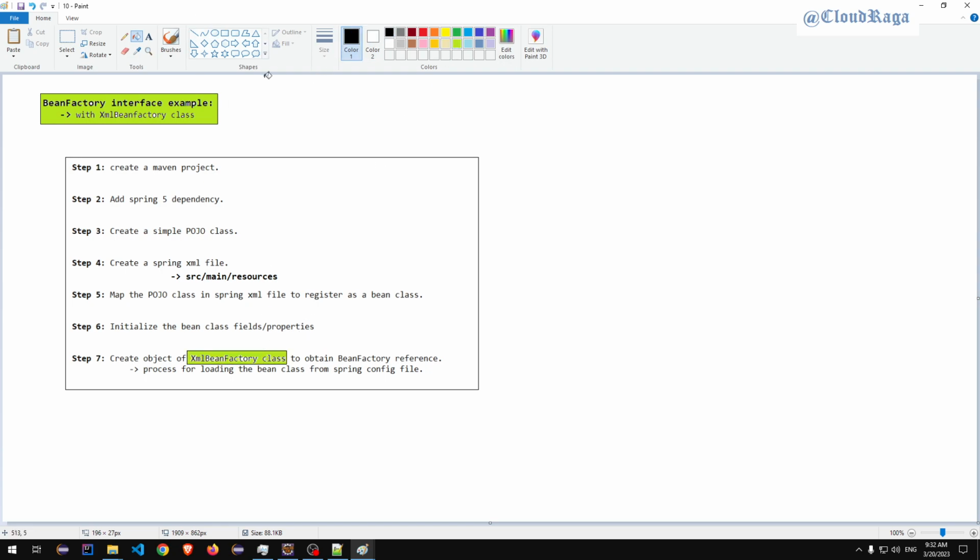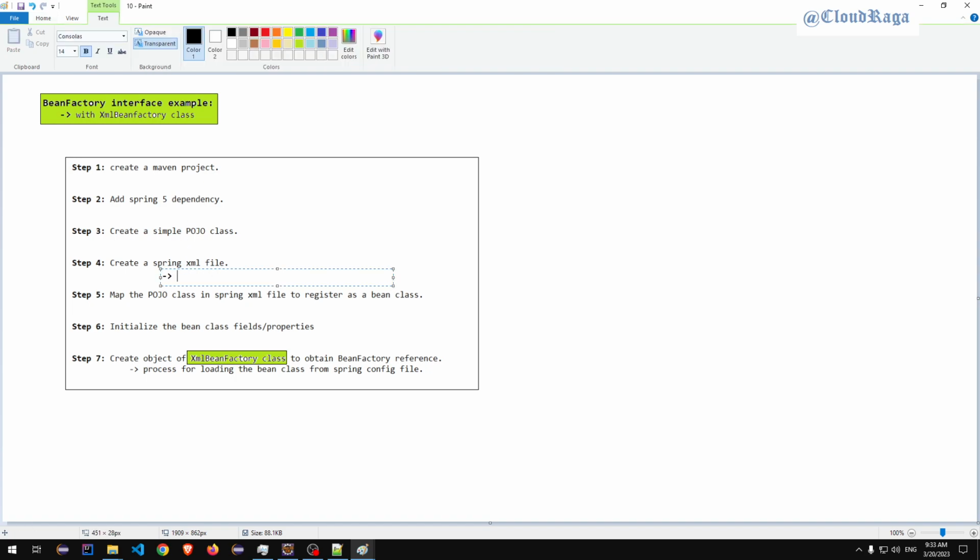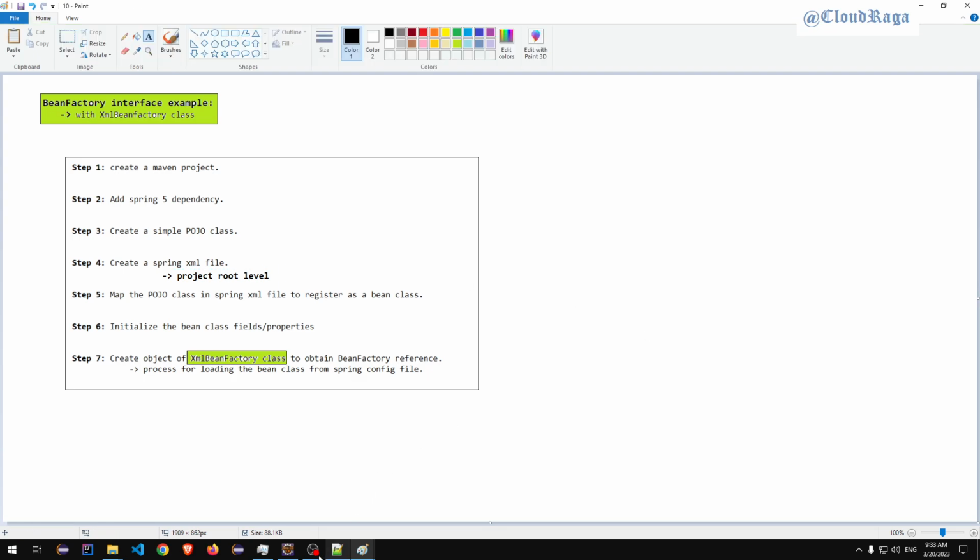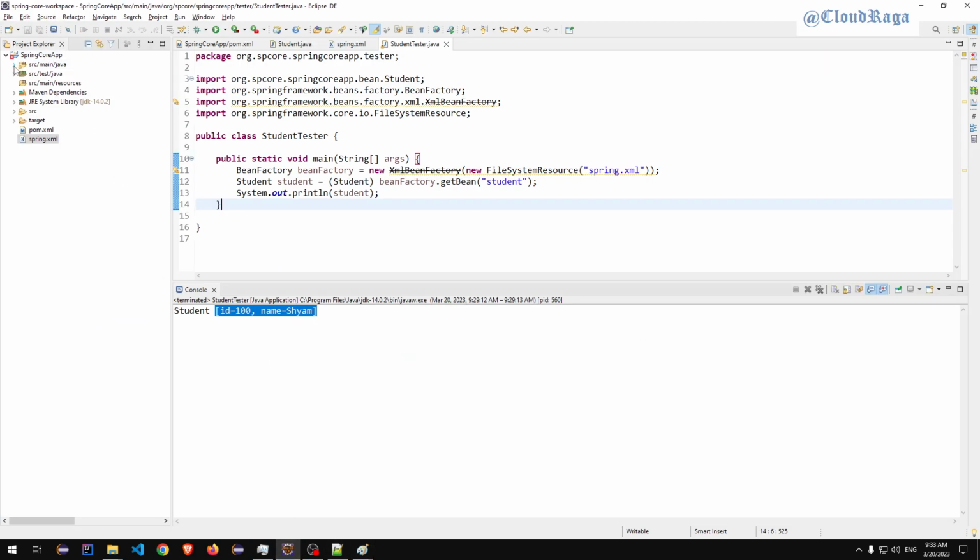And since we were using the file system class, we cannot read contents from src/main/resources. So for that, I need to remove this implementation from here, and you have to create this Spring XML file in the project root level. So how does it look ultimately? If I go back to my previous project,